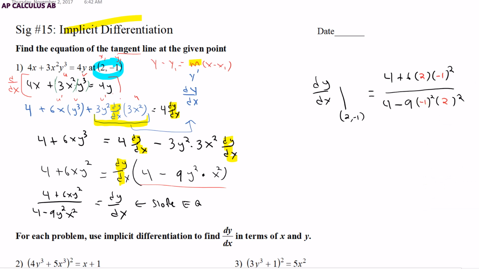And then we do all this math, and on the top we get 12 plus 4, right? This is 12 and this is 4. It's going to give us 16. On the bottom, we're going to get 4 times 1 times negative 9, which is 4 times negative 9, negative 36. 4 minus 36 is negative 32. And this is going to simplify to